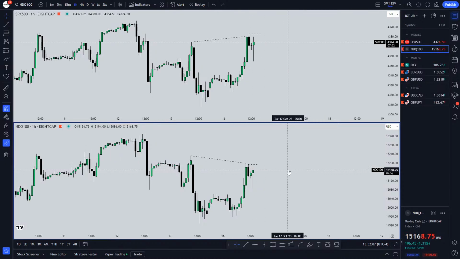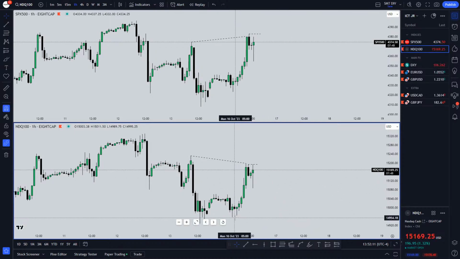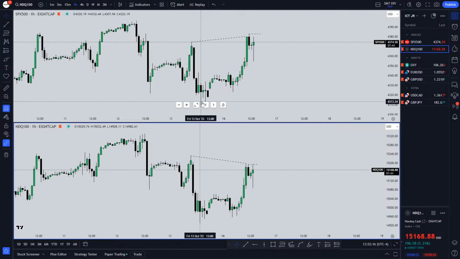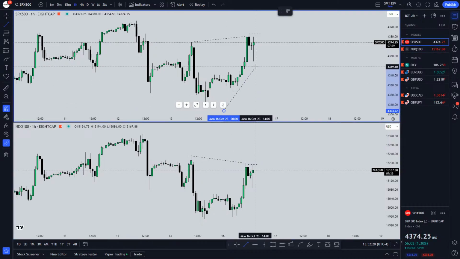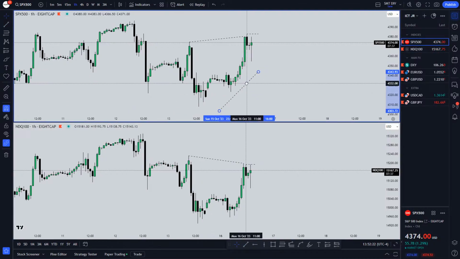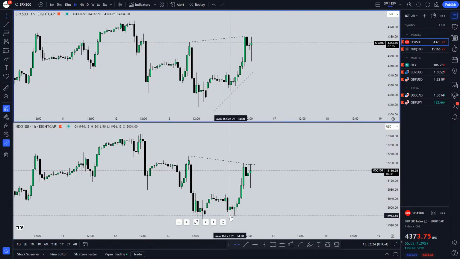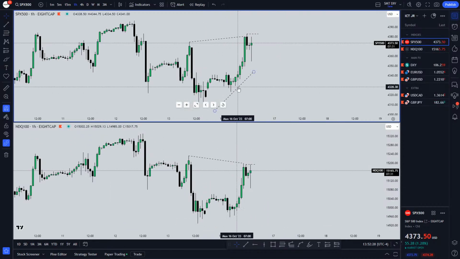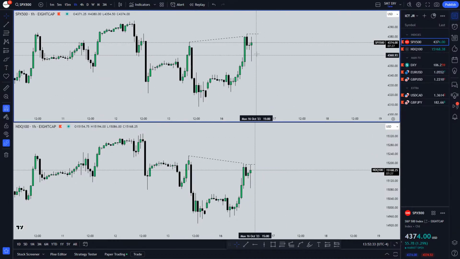And I feel like we have more buy side on NQ right here, especially with these two lows and then this one right here. SPX, they're kind of far apart. It's more low resistance liquidity on SPX. So I feel like it's bound to be taken out more smoothly on SPX, while NQ is going to be a lot more rough to get down to. This one, I feel like we're just going to run right through it, watch. Like this right here, we're going to have a big down close candle.